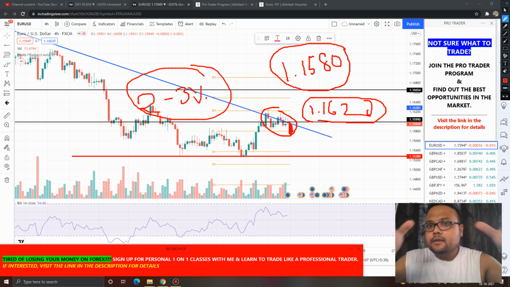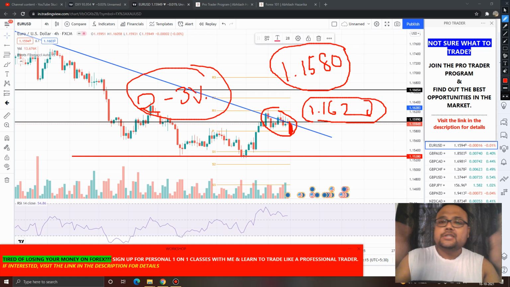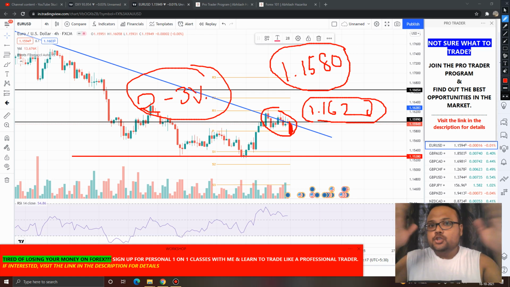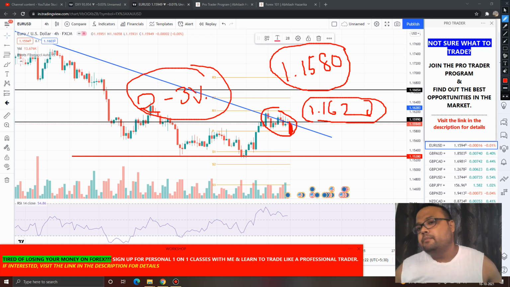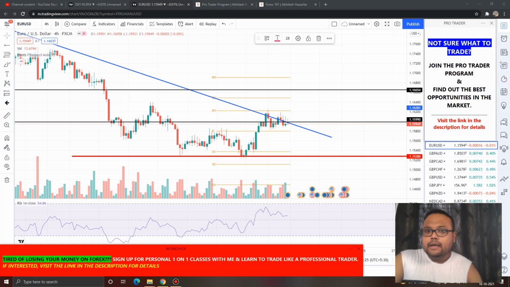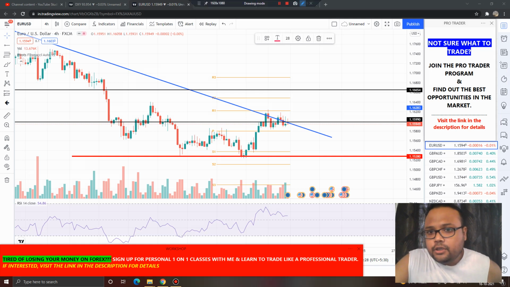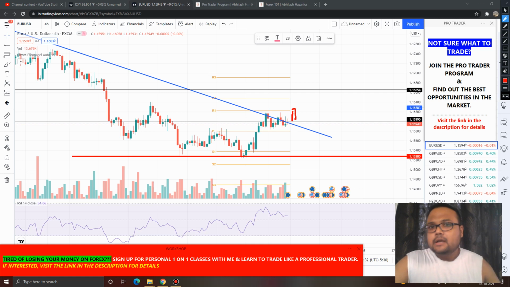see, we are still not very much clear about the Euro USD chart. Unlike the chart of gold here, we do not have a proper picture of what is going on in the chart of Euro USD. So following proper risk management is extremely important whenever you do not understand the chart well. And on the other hand, if Euro USD starts going up from here, if you find Euro USD going up from here, then do not